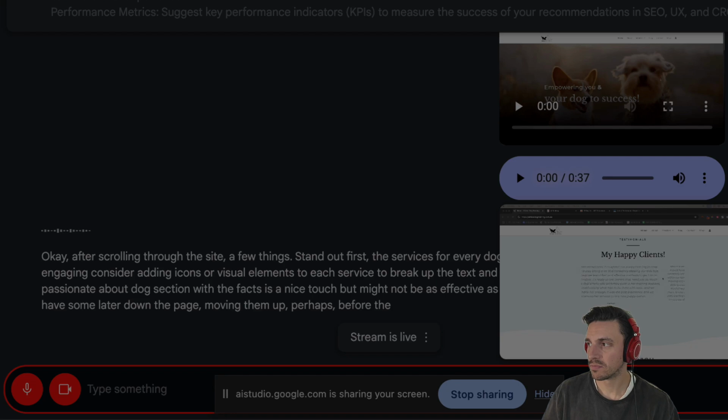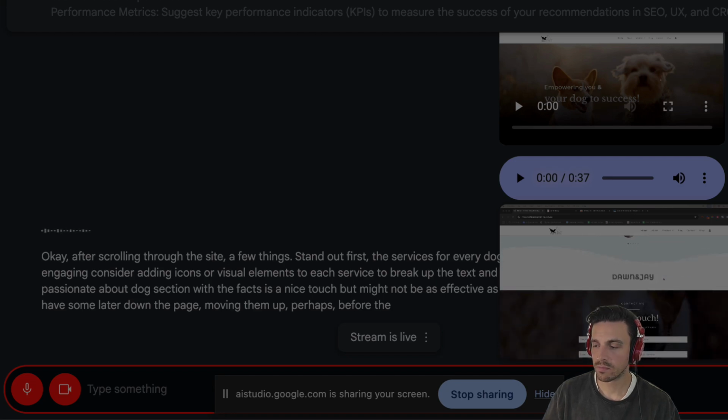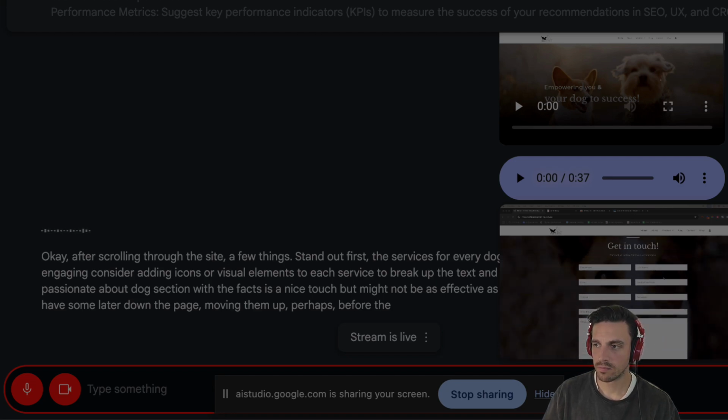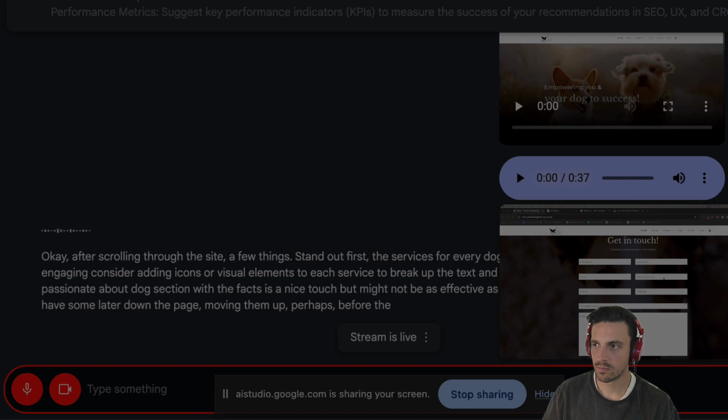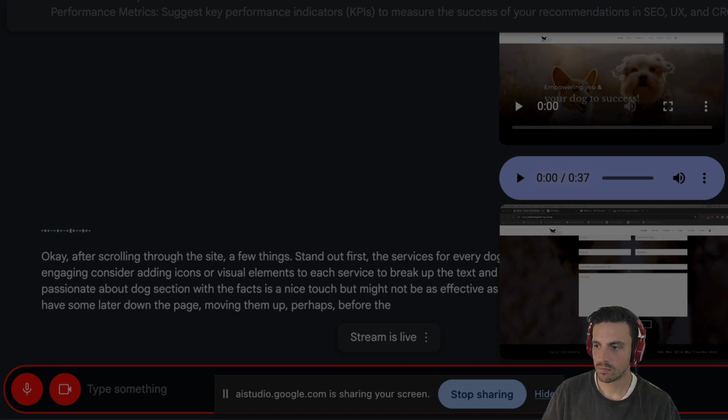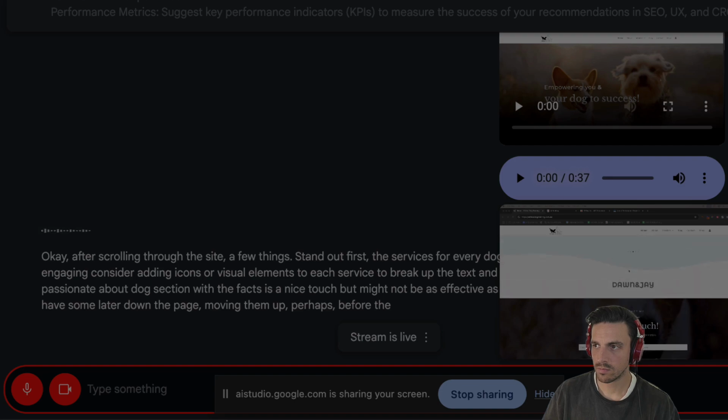early on. Also, the contact form is at the bottom. While it's great to offer that, I would suggest making the contact option more prominent throughout the page. Finally, consider having a more clear and consistent layout for each section to create visual harmony and improve the user